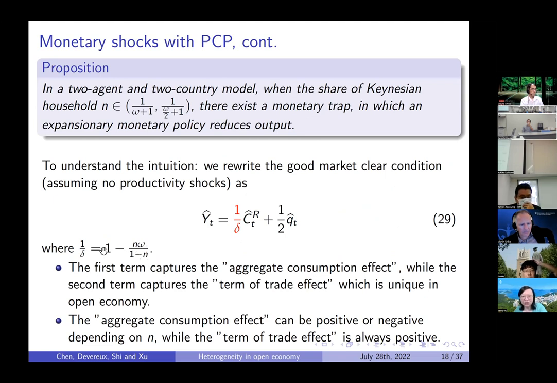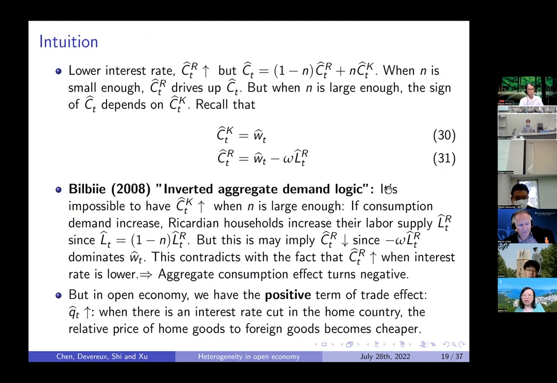So when n is small enough, this coefficient is going to be small. So then you are going to have one interest rate cut, CTR is going to increase. So therefore output is going to increase. And also the term of trade is positive. But when n is large enough, we are going to have the sign of CT hat depend